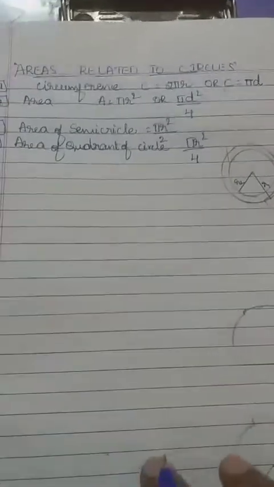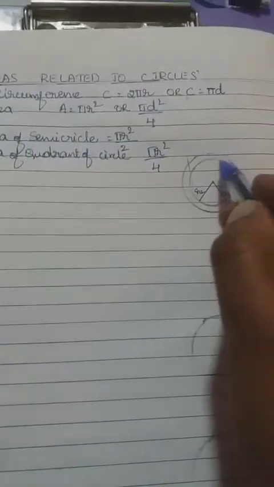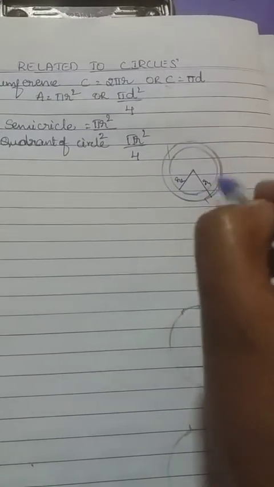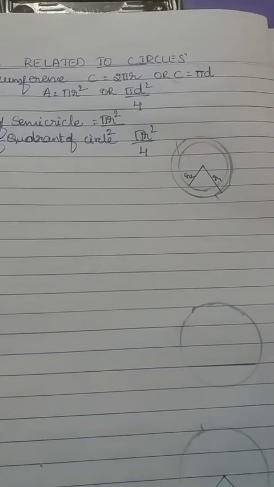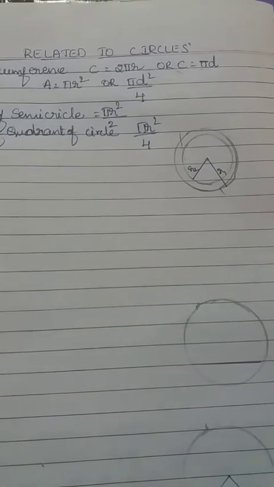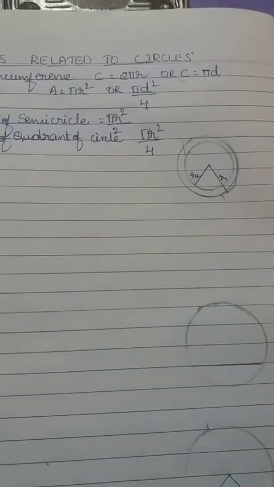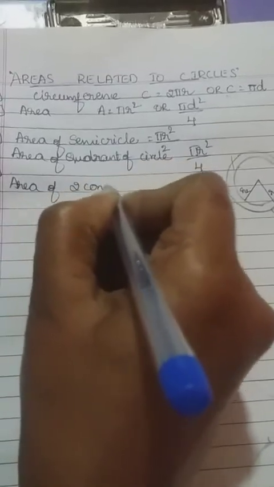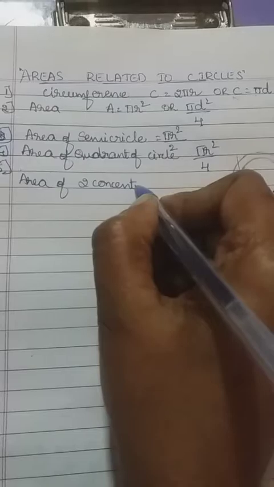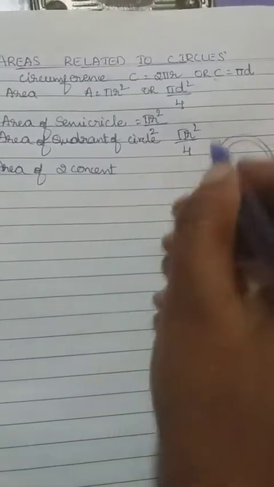So next thing is the fifth formula. If two concentric circles are enclosed like that, these are called concentric circles. Concentric circle in the sense one circle inside another circle, we call them two concentric circles. Okay, so the area of these two concentric circles, note down this. Concentric means one comes inside one. Okay, that is called concentric circles.